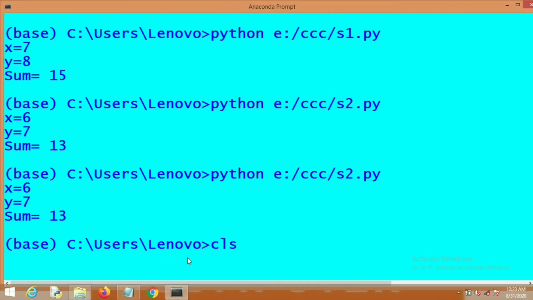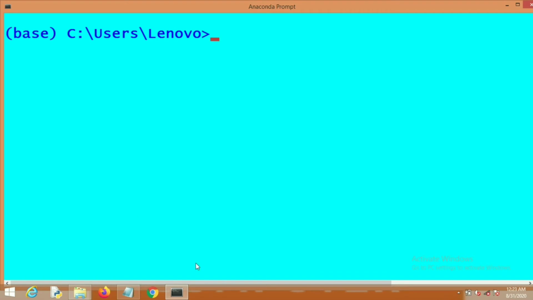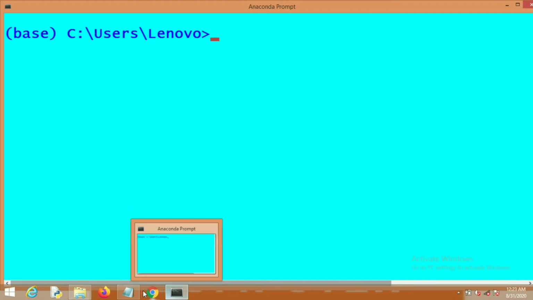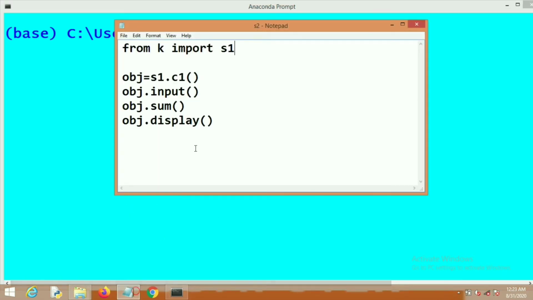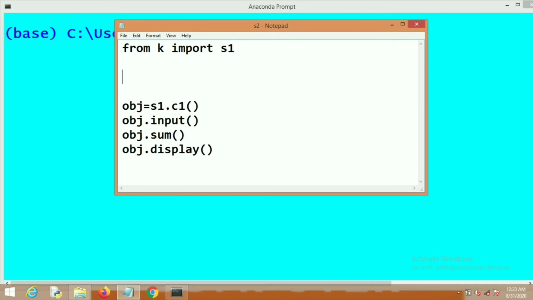Now we are extending our program and using the inheritance concept here. Now I am creating another class C2 in our s2 program. Here I am doing single level inheritance: class C2, and in brackets I will write s1.c1.